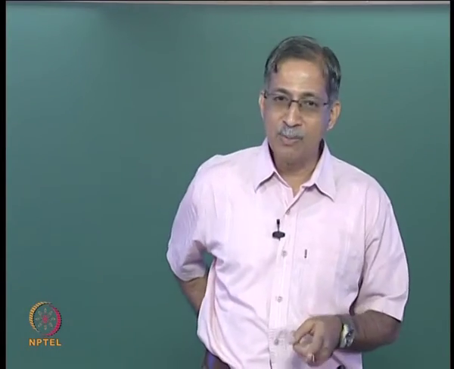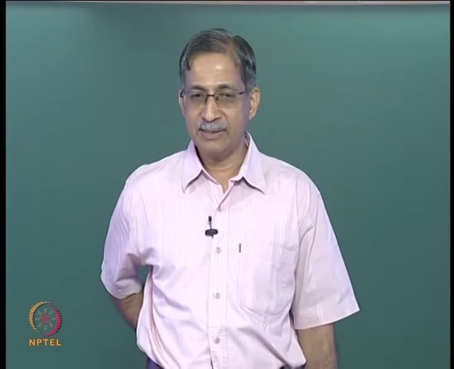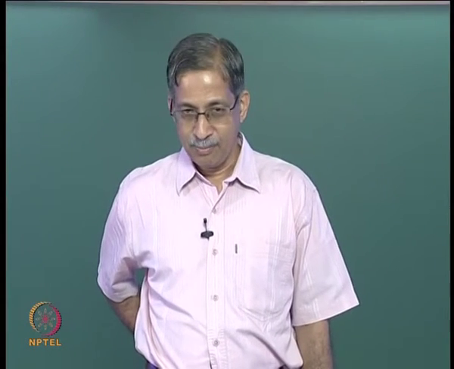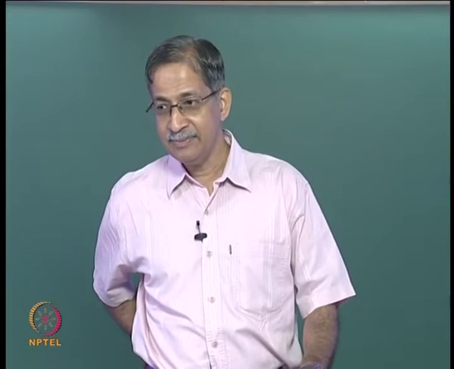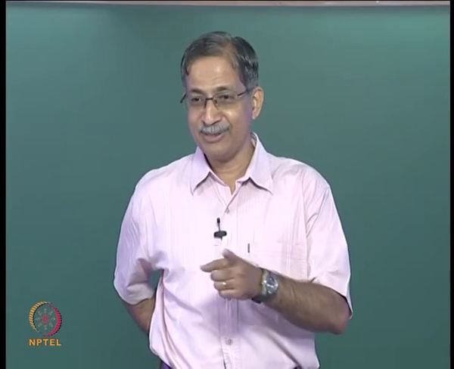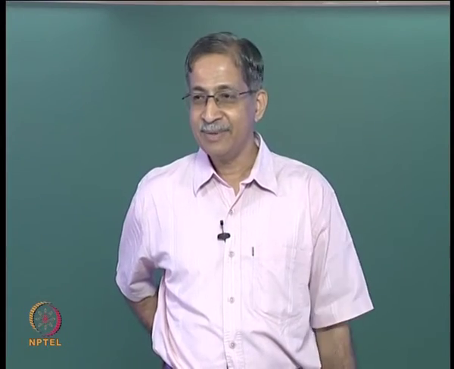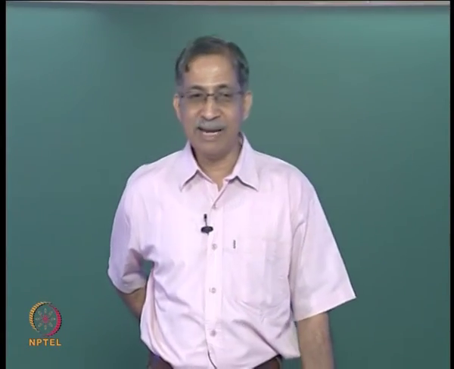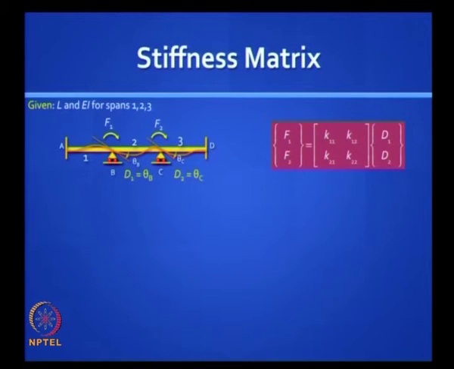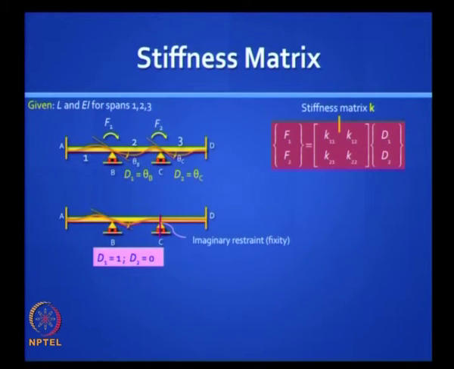So how do you get K11 and K21, the first column in that matrix, stiffness matrix? Put D1 equal to 1 and D2 equal to 0, because that is the definition of the stiffness matrix. Will you draw a sketch of the deflected shape where D1 is 1 and D2 is 0? Just draw it. Will it not look like this? D1 is 1 and D2 is 0, right? Can you draw the bending moment diagram for this? Or even if you do not draw it, can you write an expression for K11 straight away?